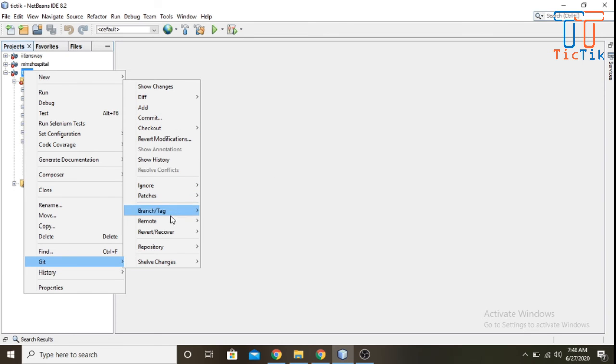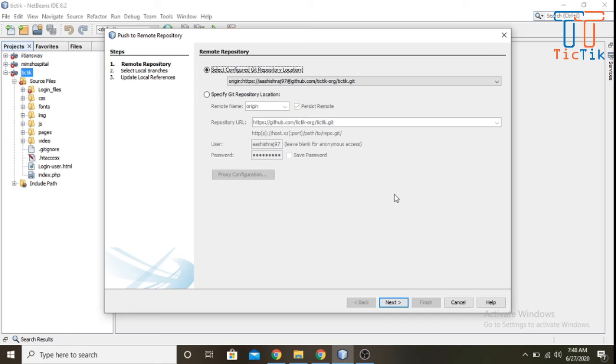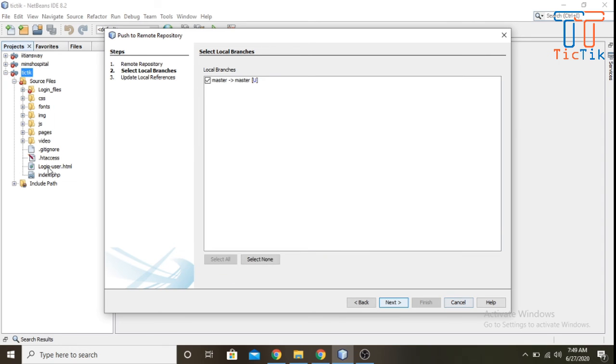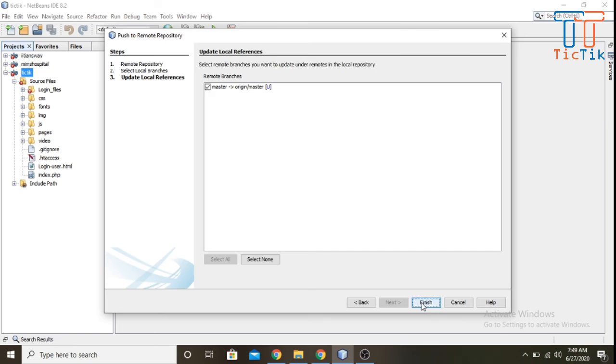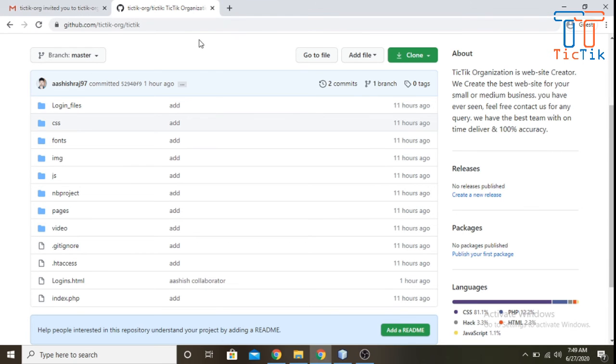So I'm pushing my changes to the server. As you know, I have changed only one file name, which is logged_in_user. I renamed the file name only. It is pushing. I'll come back and check here whether the changes are done or not.